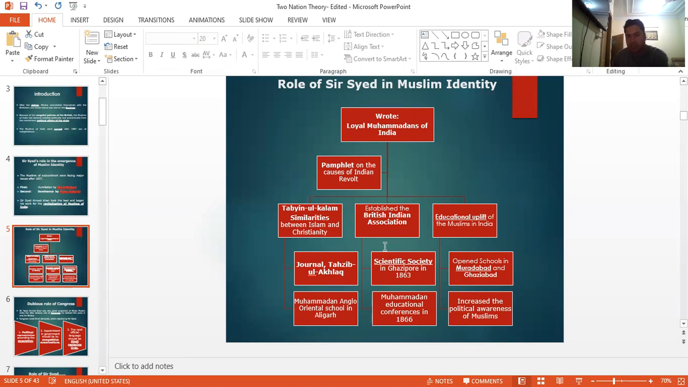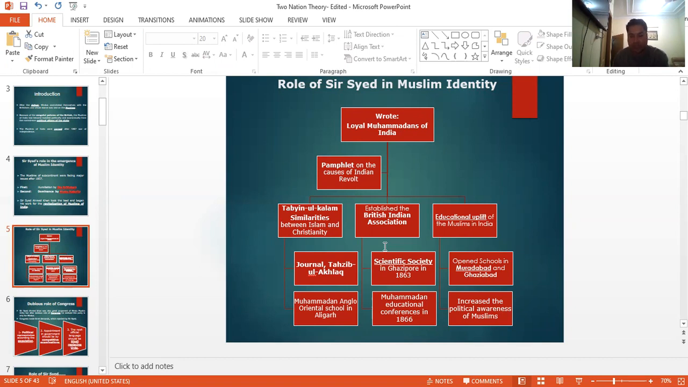and especially he established the British India Association. Then he also established many journals. The Scientific Society was established in Ghazipur in 1863, and he also established some schools in Muradabad and Ghazipur. And the Mohammedan Anglo-Oriental School in Aligarh was the most important, which later on turned out to be